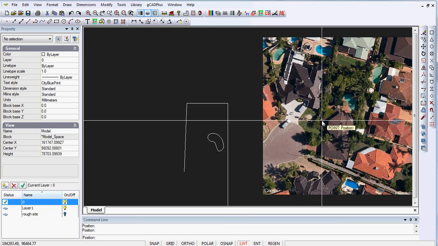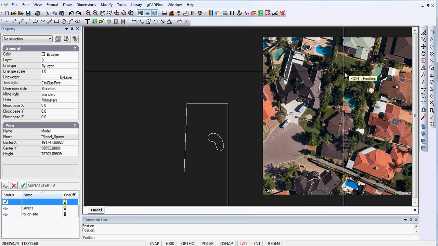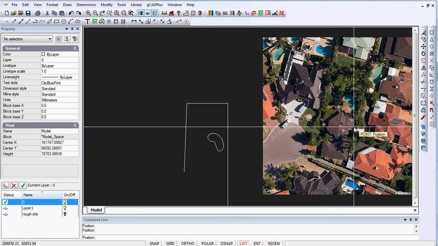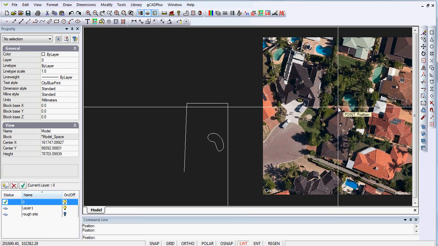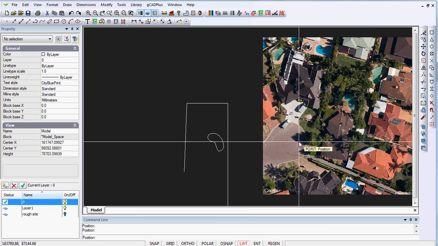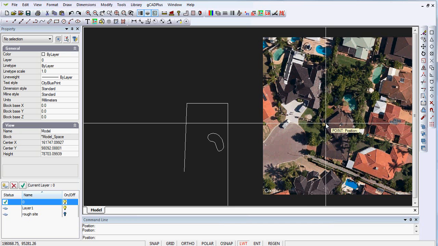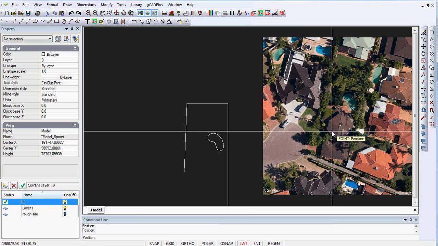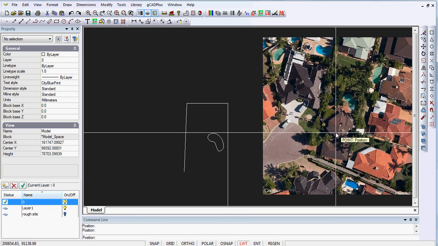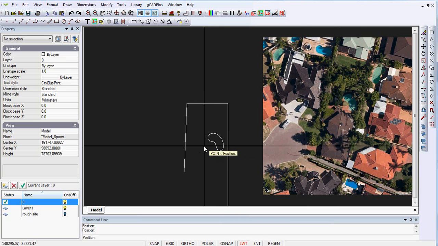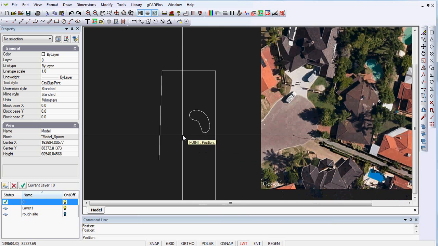You can triangulate from those 2 points up to the back corner, hopefully, and then from those 2 points you could pick up this point here. You could measure from that point to the corner, that point to the corner. That would help you locate the house. The other alternative way is just to use ortho on and run around the edge of the house. It's a little difficult to do just from a Google Earth image. The whole point of the story is we now have a rough plan for this site,